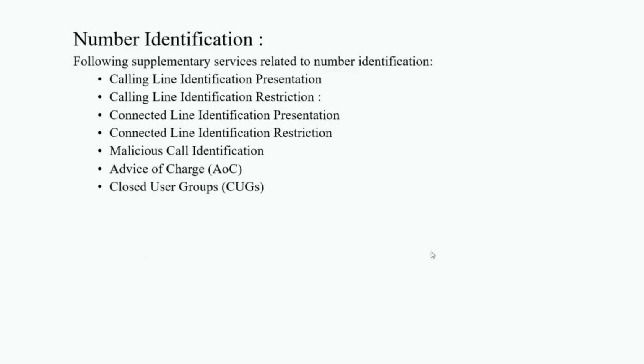Then next, closed user group, also known as CUG. This service is meant for a group of subscribers who wish to call only each other and no one else. Last is Unstructured Supplementary Service Data, also known as USSD. This allows operator-defined